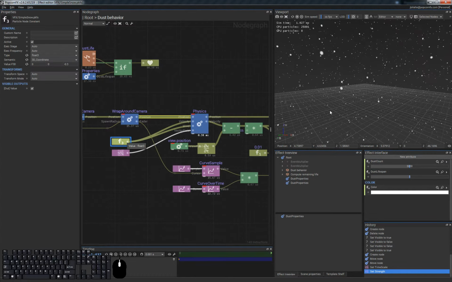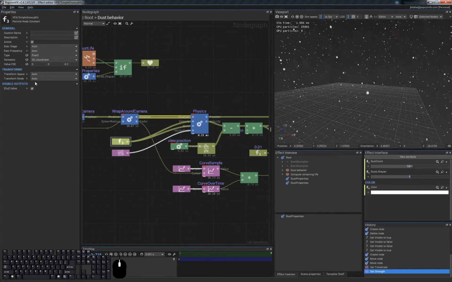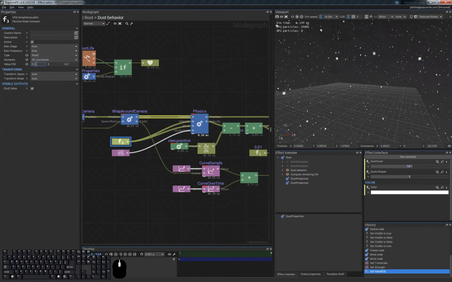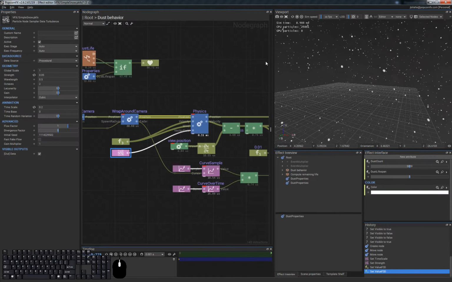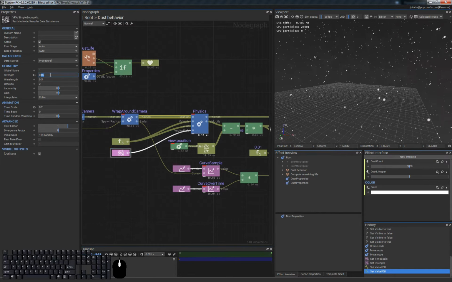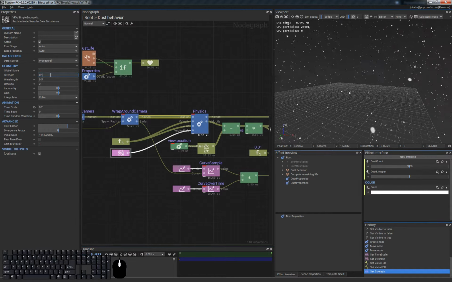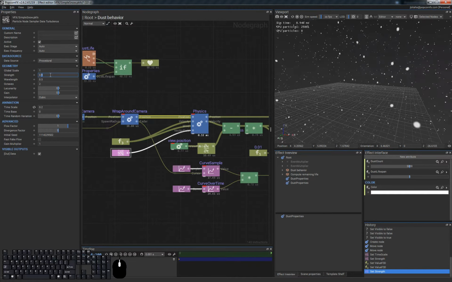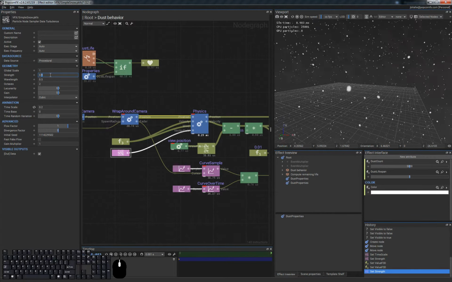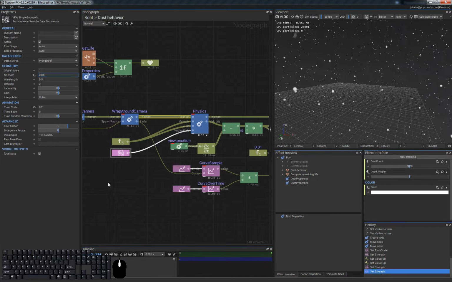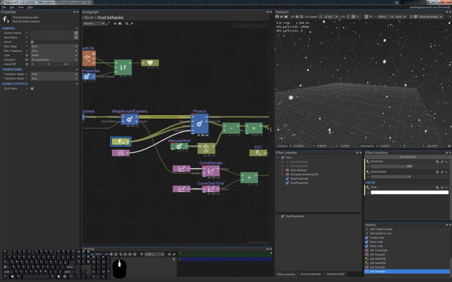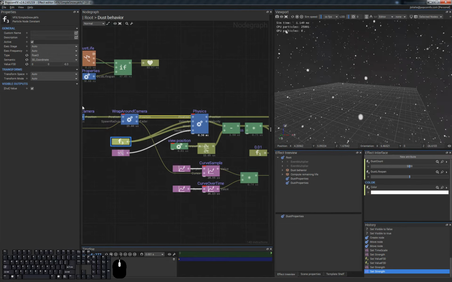For example, I might want to have some side wind, or I might want to change the strength of the turbulence to have more chaotic wind turbulences or less chaotic ones. So I will first take this node, the wind node,